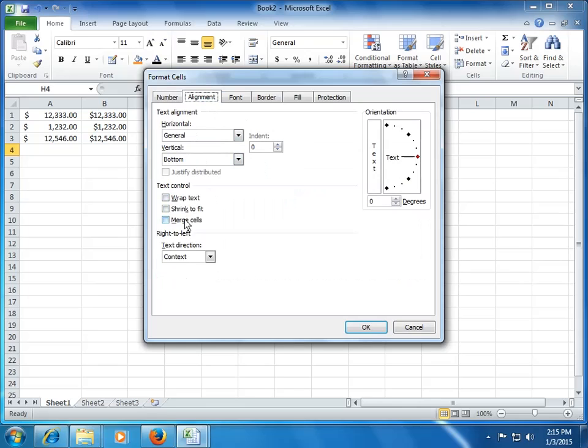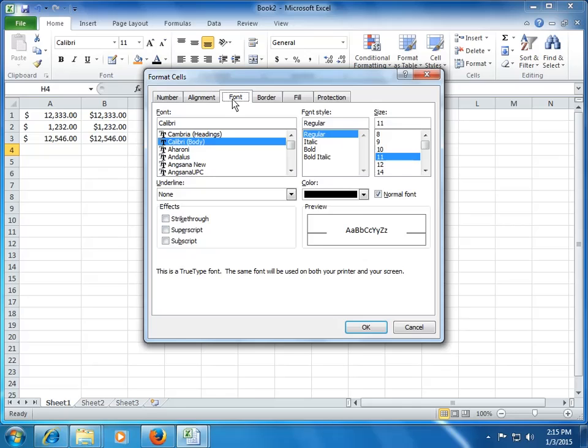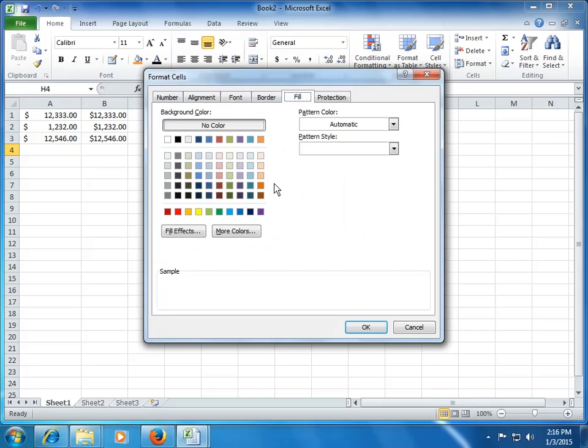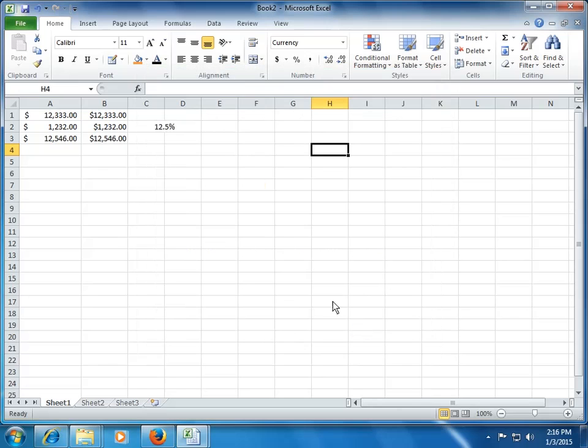I will wrap the text, shrink to fit, merge cells, etc. Similarly, if I want to play around with font size, color, etc., I will use this particular window. If I want to change the border, I will use this window wherein I can choose the border style, color, etc. And this fill tab I will use for highlighting the cells. Are we good? Okay, thank you.